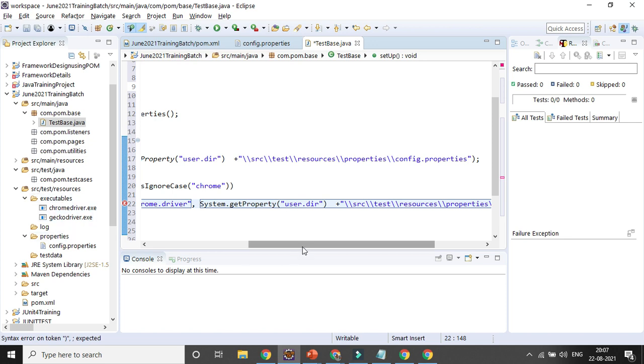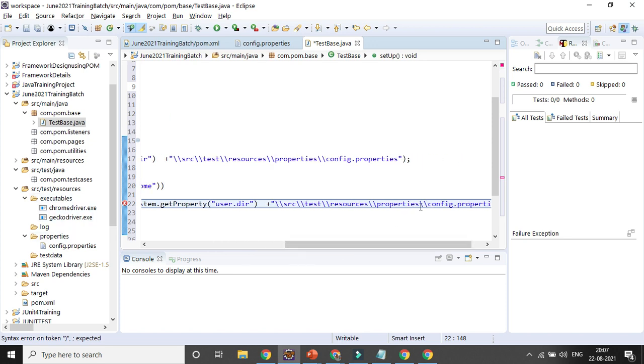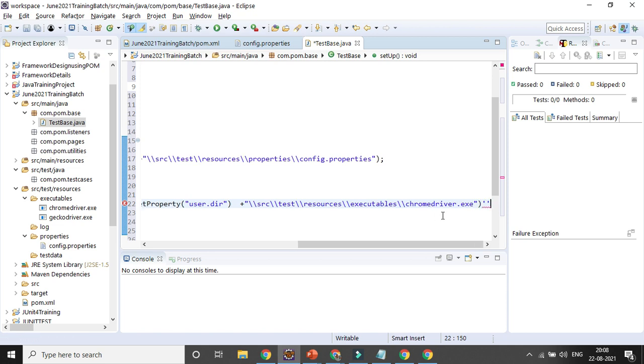So I need to change executables instead of properties, and then your chromedriver.exe. That's why I'll be recognizing it, and I think only one tick is required, and closing it.